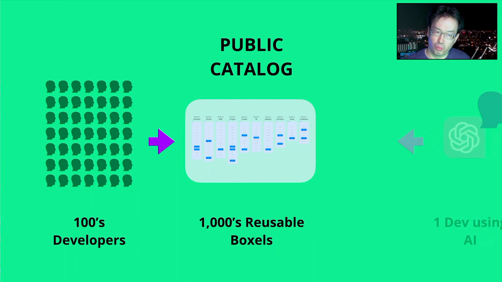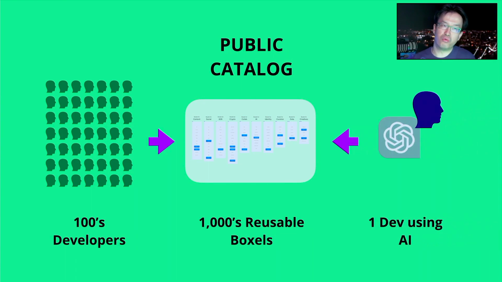But with AI, one of the things that really sparked our interest is that because AI can generate simple software, and Boxel is designed to be simple because we made the Boxel SDK simple for a developer who knows JavaScript, doesn't need to know all the deep concepts, that's all contained within the stack.